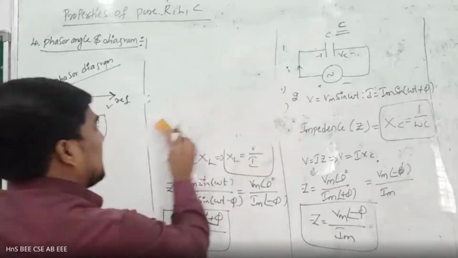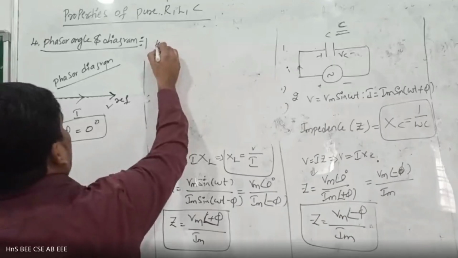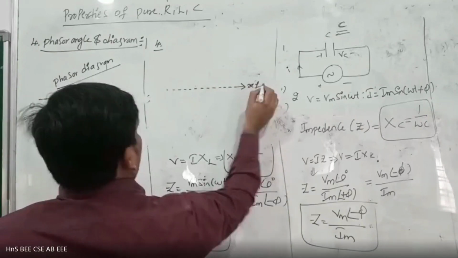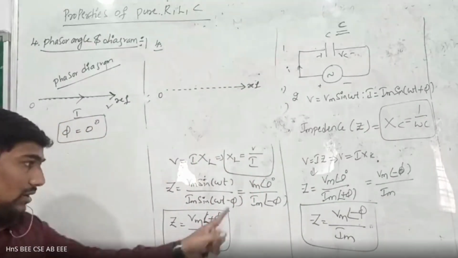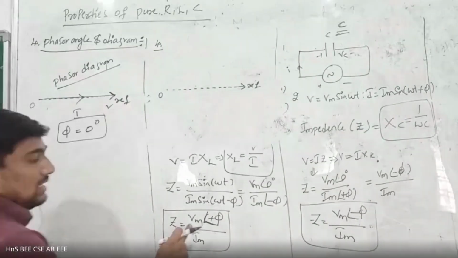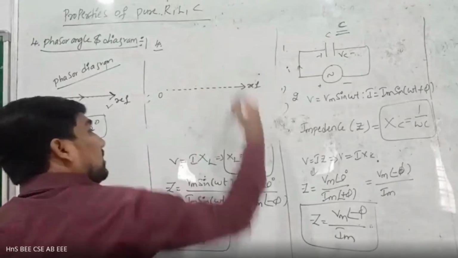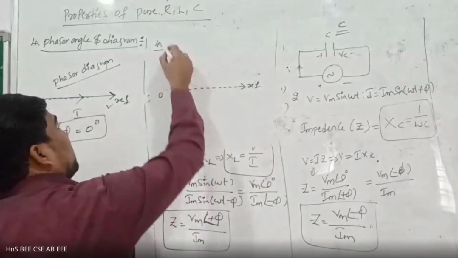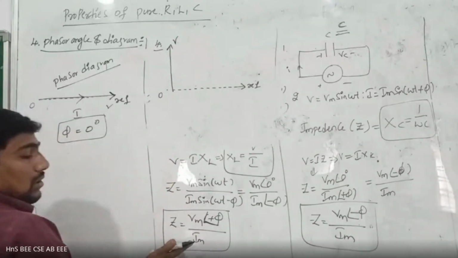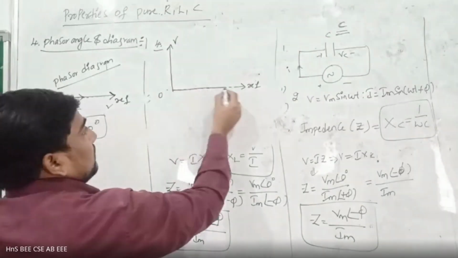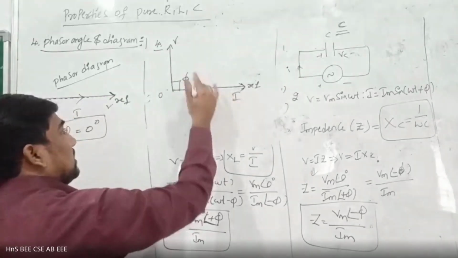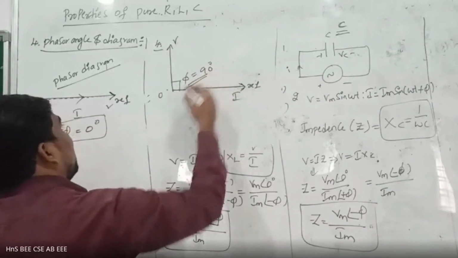Coming to pure inductor. First I am drawing my reference line. The reference line starts from 0. Now what is the voltage angle? Voltage angle is plus pi. Plus pi is nothing but like this, a pi angle drawn upward, while negative is nothing but the downward direction. This is called V. And coming to I, what is the angle of I? 0. I angle is 0. Now what is the angle between voltage and current? That is equal to pi, that is 90 degrees. Simply I am writing 90 degrees.